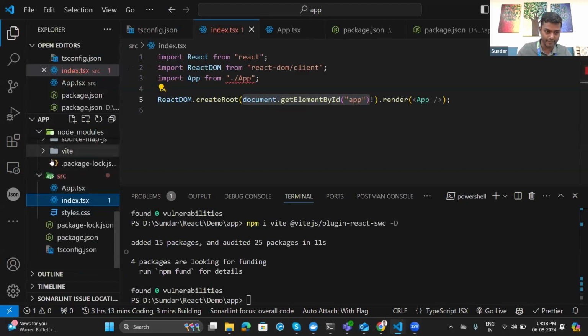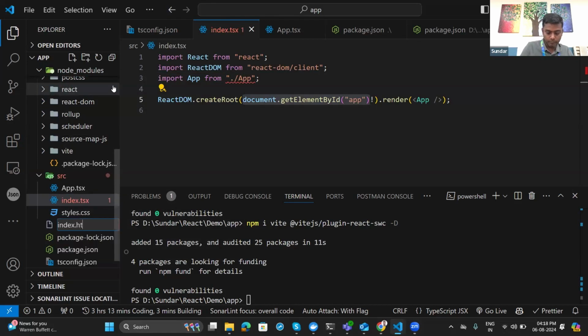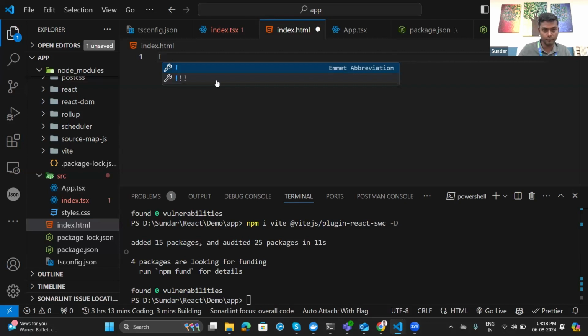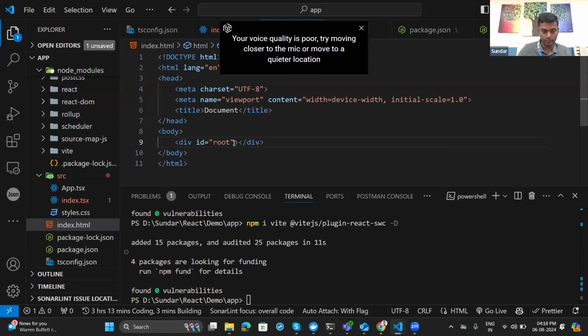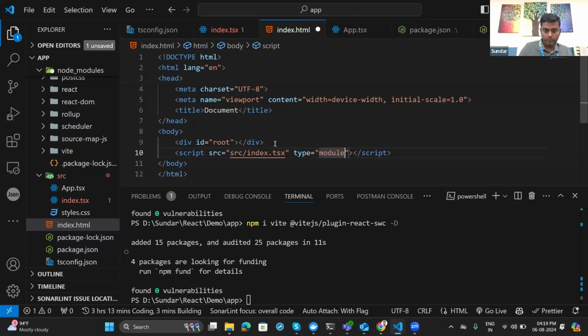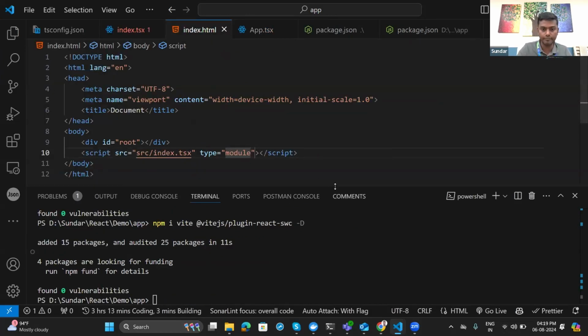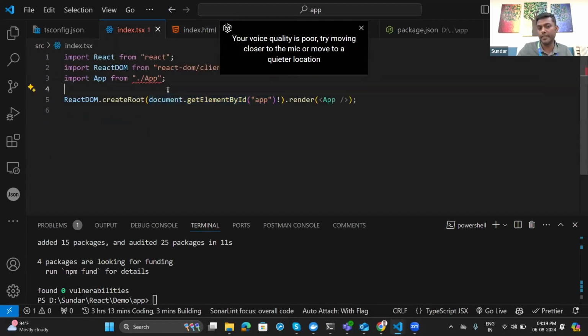I haven't created this file. Give me a second. So I have created the root element here, and I'm pointing to our index.html file here. So inside this one, I have to